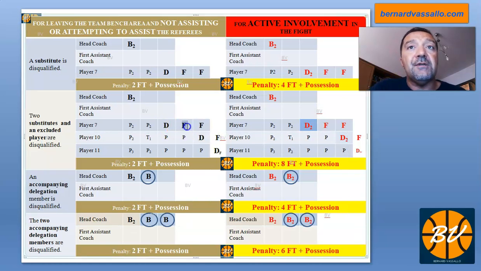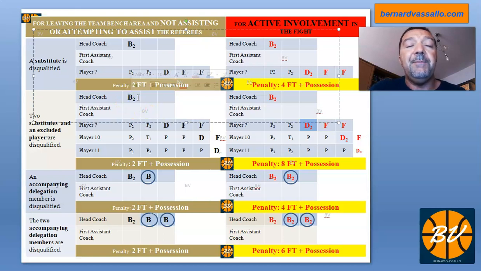Also here on the score sheet following the D, we find an F on the score sheet to signify that these players were disqualified during a fighting situation, whereas player number 11, who had already 5 fouls, there will be a D in the empty space next to the 5th and final foul, followed by an F. Therefore, the 3 players here will be disqualified, and the coach would be given an indirect technical foul, a B2 technical foul.